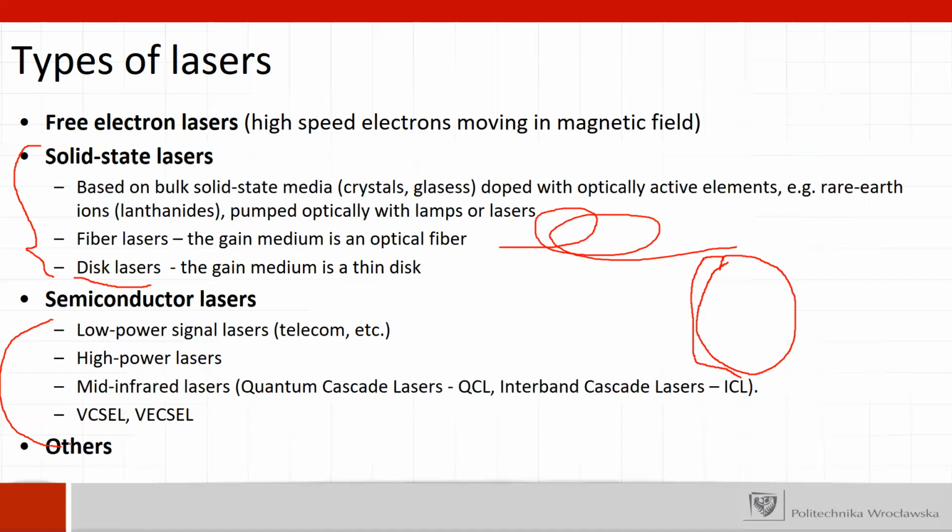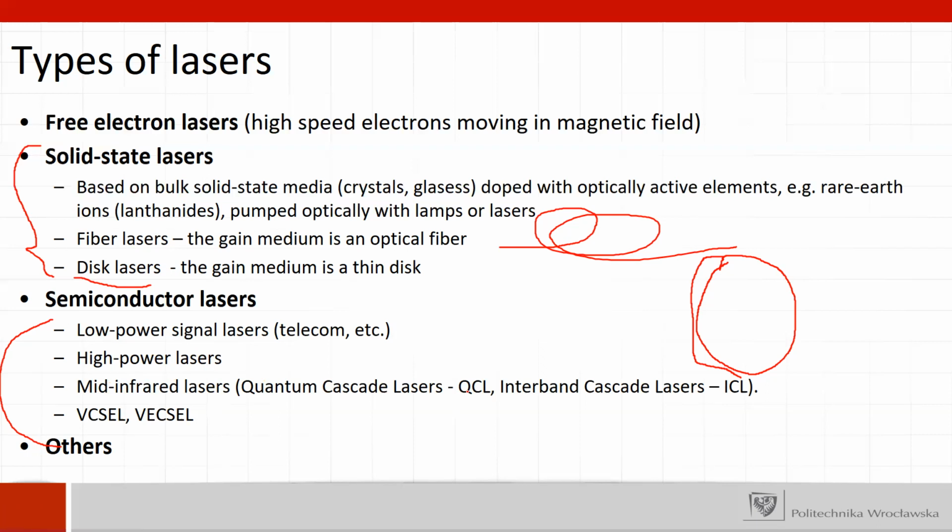So when you have high speed broadband internet at home from the fiber, then you always also have a laser in your switch, in your router, because you also transmit data in the other direction, right? So you have a laser there, a small power semiconductor laser. We have also high power lasers like 10, 20, 30, 100, 500 watts of output power